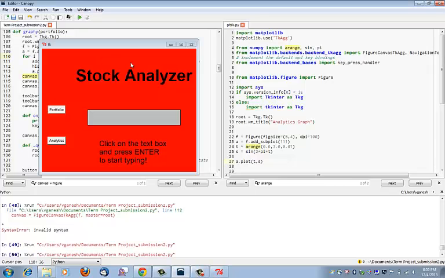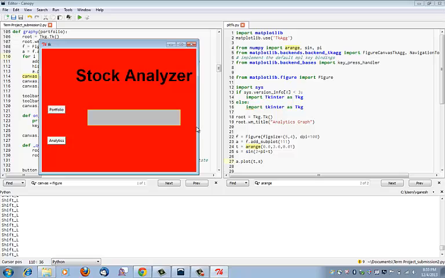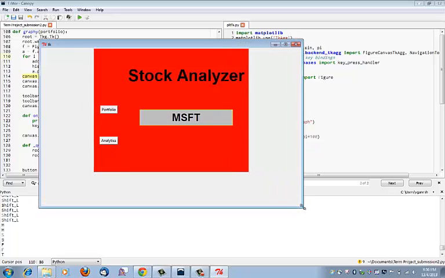Hello, my name is Vinay Viswanathan, and for my 15112 term project, I made a stock analyzer tool. In this program, you input a stock symbol, for example, Microsoft, MSFT, and the computer runs Monte Carlo simulations